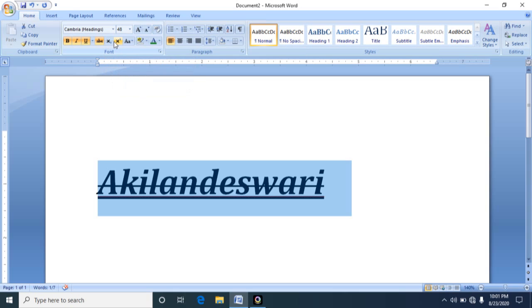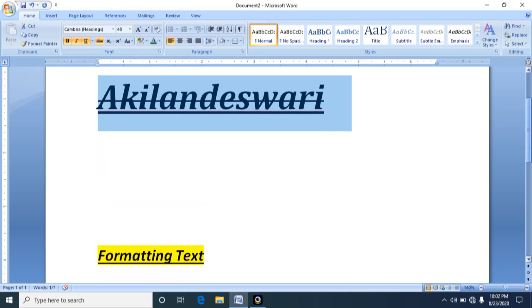These two things are subscript and superscript. In mathematical equations, chemical properties, chemistry, physics, derivations, in all those places, you need to write subscript and superscript. For example, H2O. Here 2 has to be written in subscript. And one more example, 10 to the power 5 in maths. You should write 5 in superscript. So wherever you need to apply subscript and superscript, we can easily do it using these two tools.